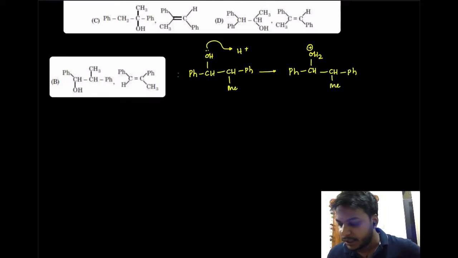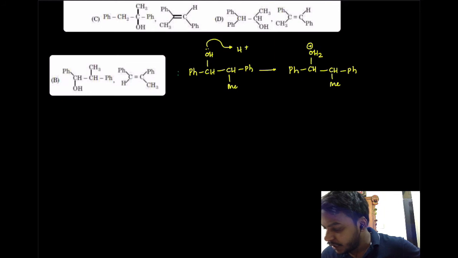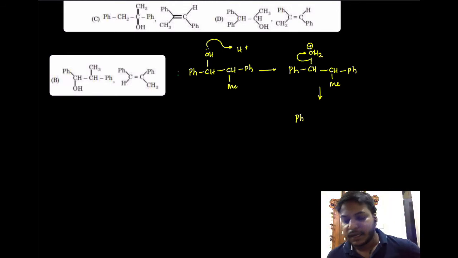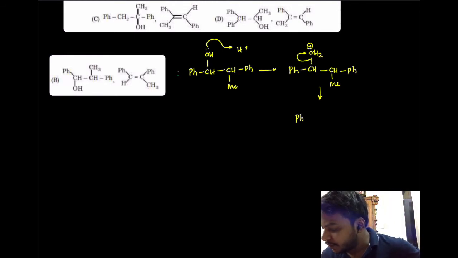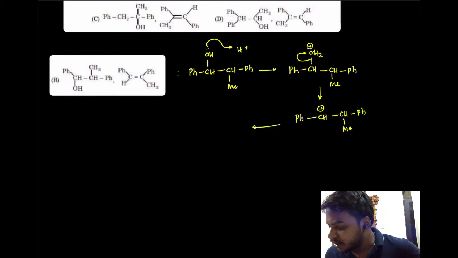This is what we will get initially, and from here you can see this group would leave, and as soon as that carbocation is formed, it will get rearranged. So PhCH+ CH(Me)Ph. So we can see that it is becoming a more stable carbocation on the other side, so it will get rearranged